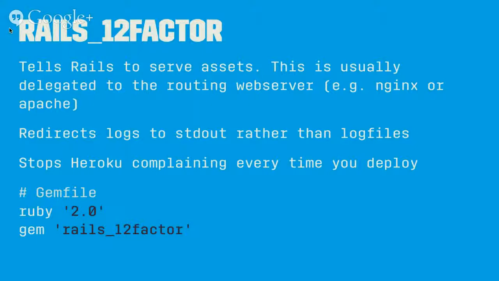12-factor, like I said, is sort of this manifesto about things that good web apps should do to make it easier to write integrations, write tools to run in various environments. So the thought behind the log files thing. Sorry, can you turn your mic off, because I think it's feedbacking through. Okay, so the log files thing is